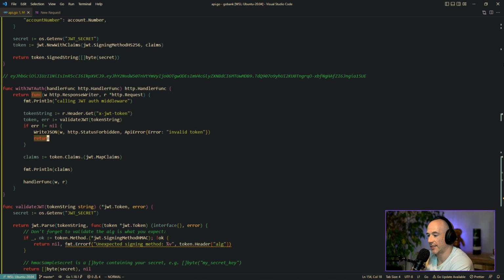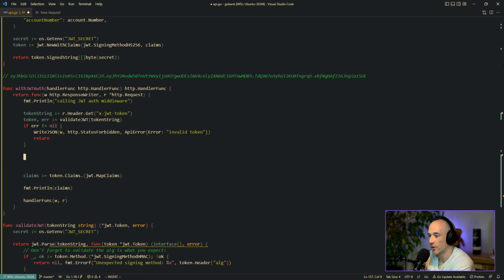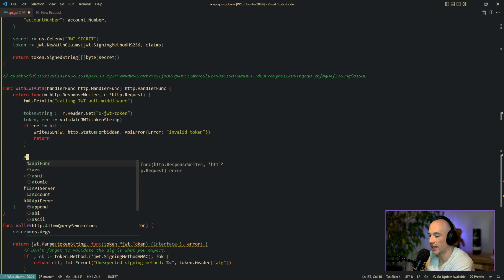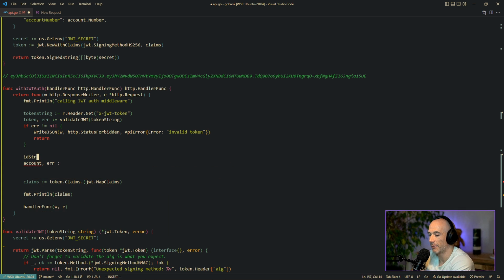We need to store that. That's the best approach, because otherwise we need to do this, right? Listen. So we could say, for example, that the account R. First of all, the ID string, right? It's going to be mux vars request. And we're going to say ID, right? Then we're going to say,